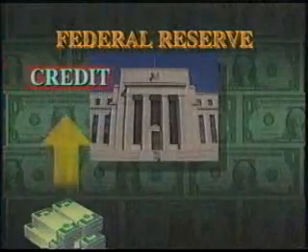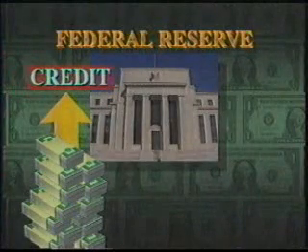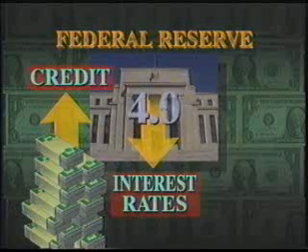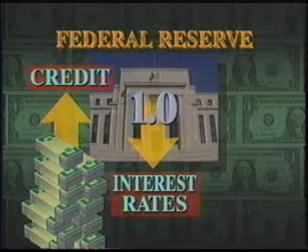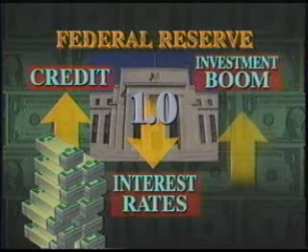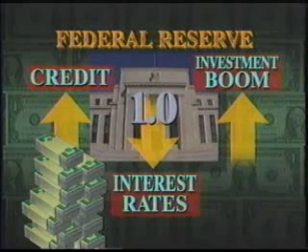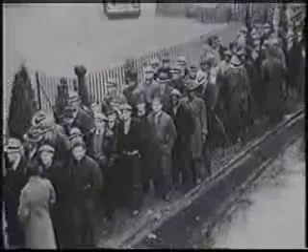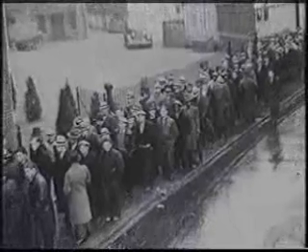By making enormous amounts of credit easily available, the Fed can also drive down interest rates, sending out the wrong signal to investors. It sets in motion an unsustainable investment boom that carries with it the seeds of its own destruction. It's this business cycle that is ultimately responsible for economic disasters such as the Great Depression.